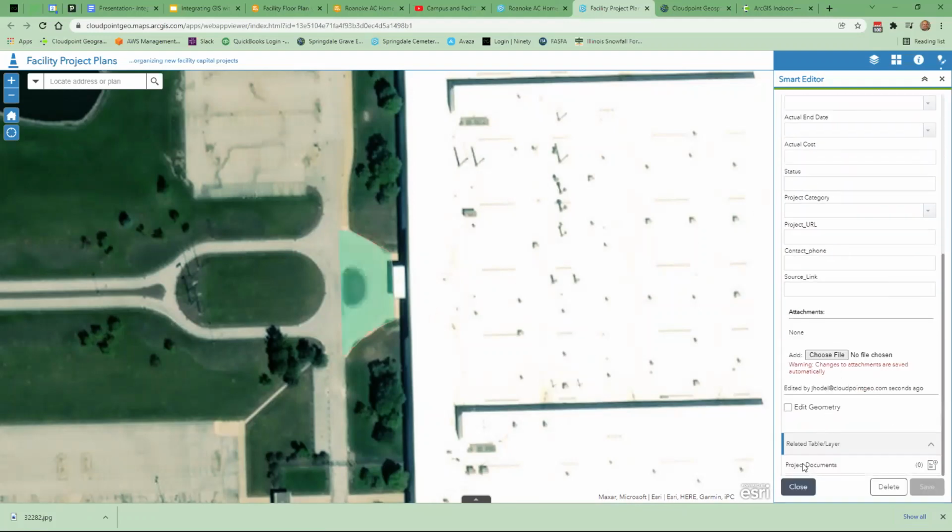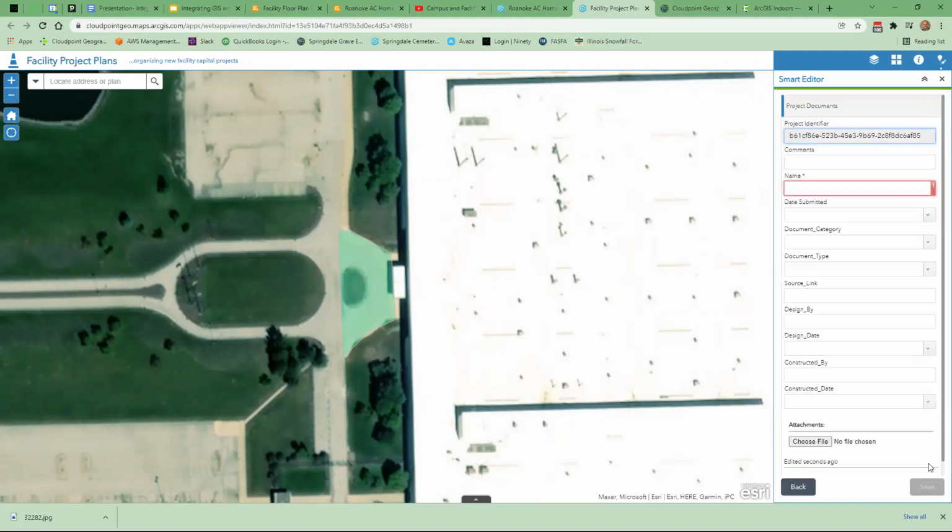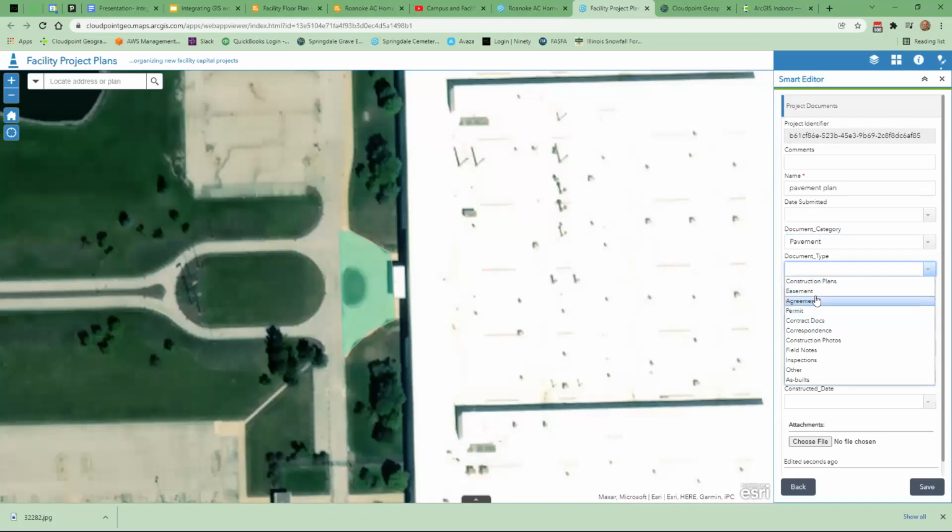Or in this case, I could also have project documents. If I click the little plus button down here, I can add a project document. Let's just say, in this case, I could say pavement plan, and I could keep track of when it was submitted and what the document category is. So in this case, I'd say pavement, and I could say this is going to be construction plans, and I could have a link as well for that. So I could have a URL that links